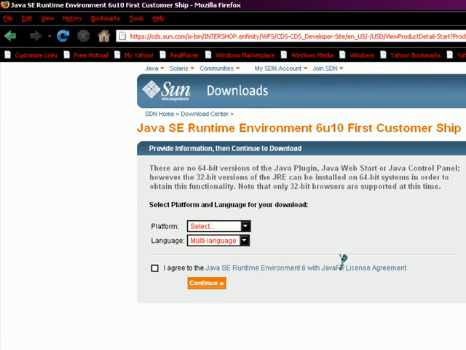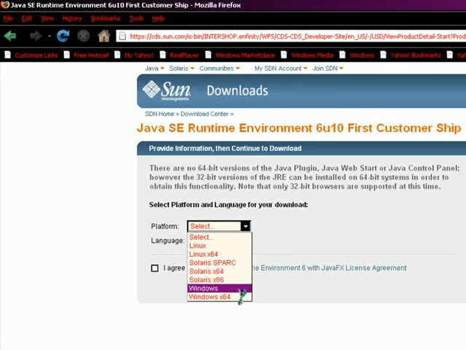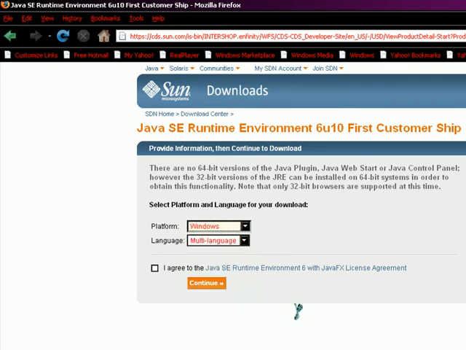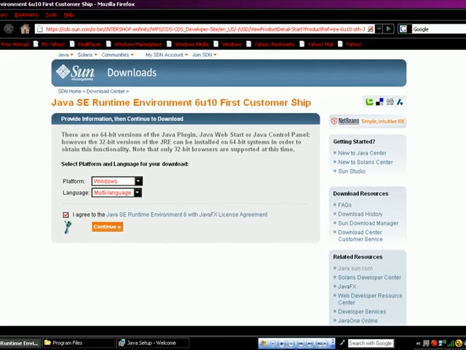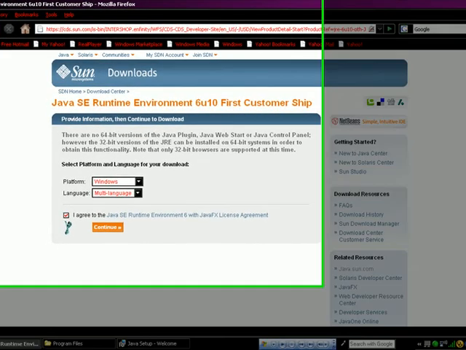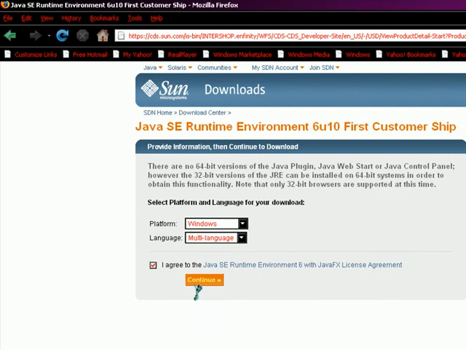So regardless of what Windows you're on, under Platform, you're going to want to select the Windows setting and leave language at multi-language. And go ahead and check the box that says, I agree to the Java SE Runtime Environment 6 with Java FX License Agreement. It's this huge license agreement. You don't really have to worry about it. VFKBuddy does not use the Java FX libraries. If it ever starts to, I will let you know. But right now, there's nothing you have to be worried about with this license agreement, and there are no extra downloads. So go ahead and click the Continue button,